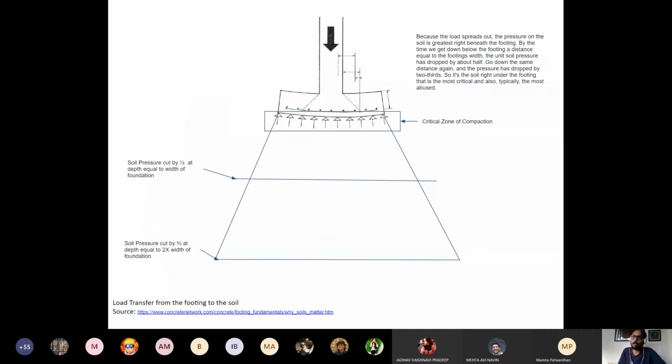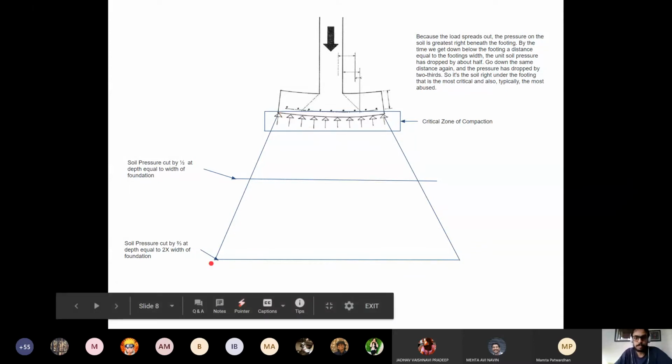Another very important factor in the way soil behaves with foundations is the actual cone of force which is exerted by the foundation. Look here: inside the RCC elements, the line of shear is at 45 degrees, but outside the RCC elements, in the soil, the line of shear moves at around 60 degrees.